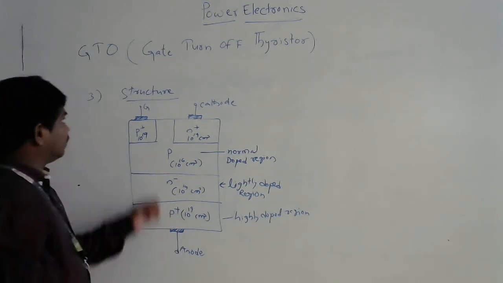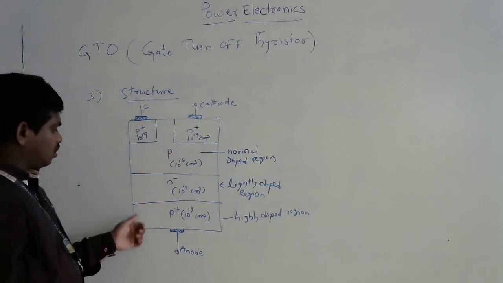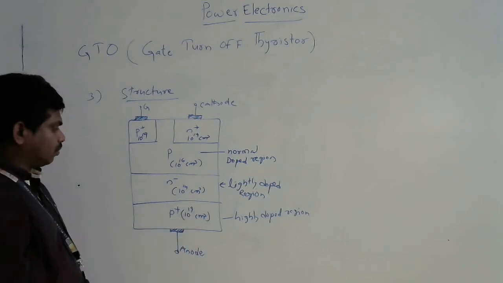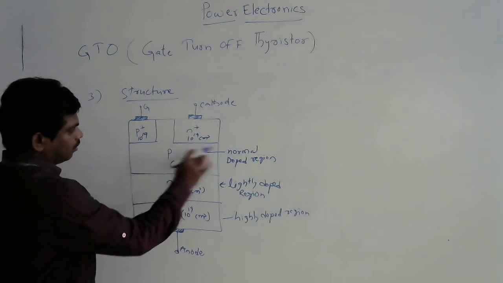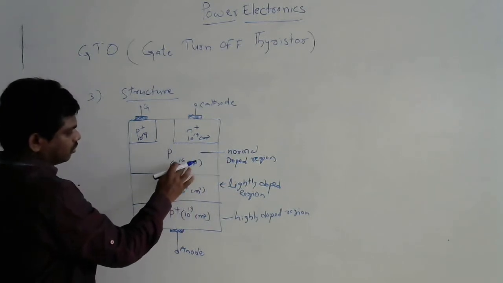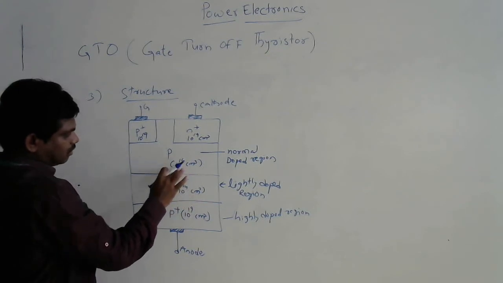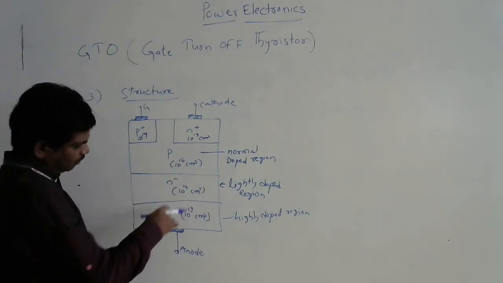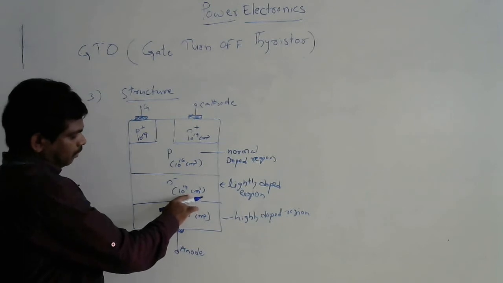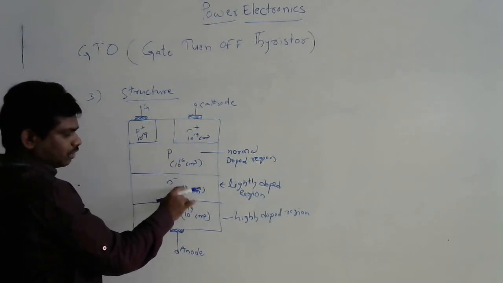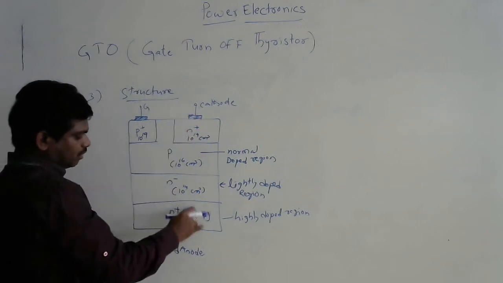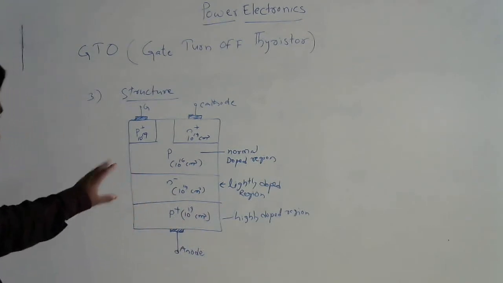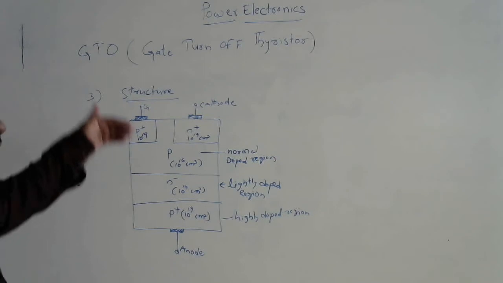Here the same thing is happening in the GTO structure. You see the outermost layers are highly doped and their size is 10 power 19 centimeter cube. Look at this. When the power is reduced by 2 values, it goes from 10 power 16 to 10 power 14, thereby we get a lightly doped region. When it is increased by 3 values, it becomes a highly doped region. So remember it in that way, it's a simple way to remember: power reduces by 2, power increases by 3.